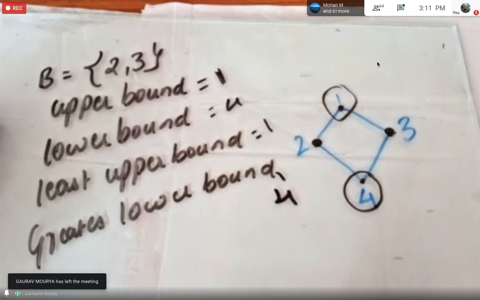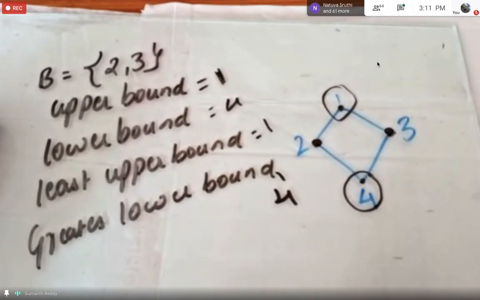Okay, students, I'm 100% sure it is a little bit confusing for you, but don't worry. I think you got some idea. When we solve more examples on this, definitely you will understand better. So can I go to the next example, students? I know you have some confusion with respect to least upper bound and greatest lower bound, but as I have told you, if we solve more examples on this, you'll understand better. Can I go with the next example?